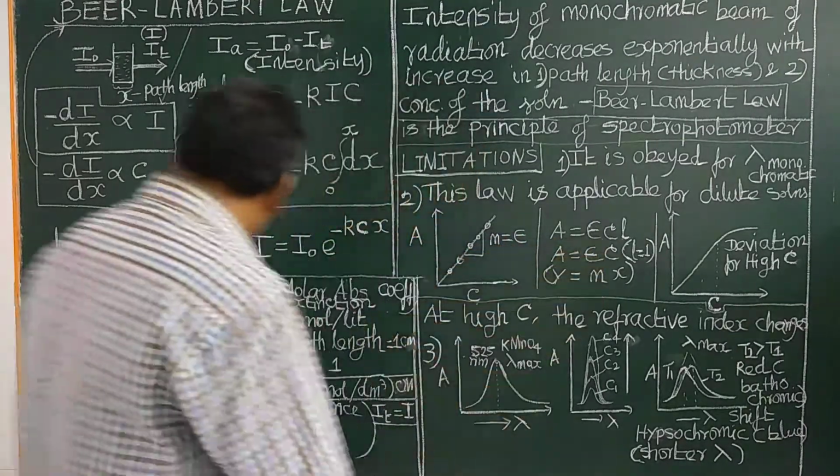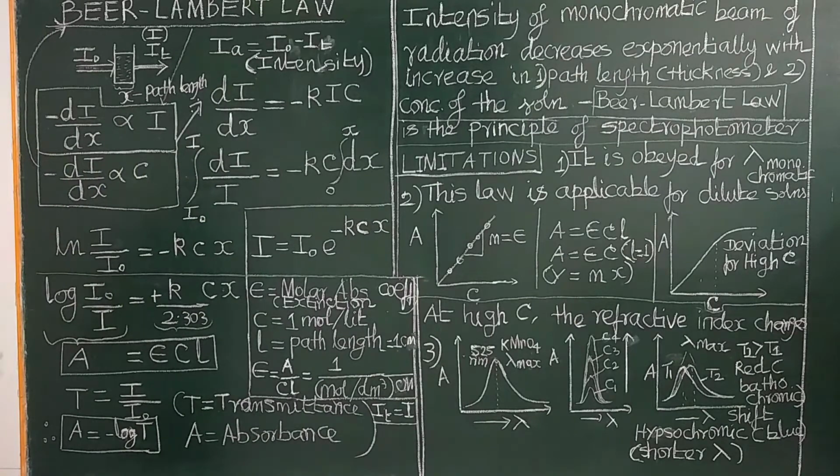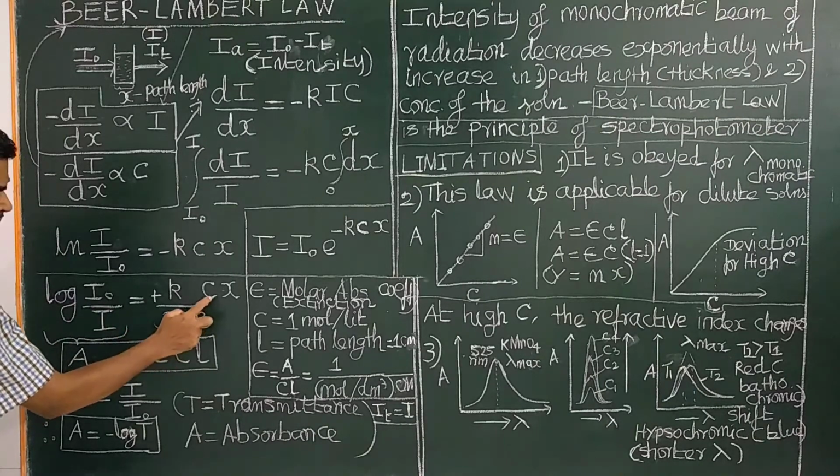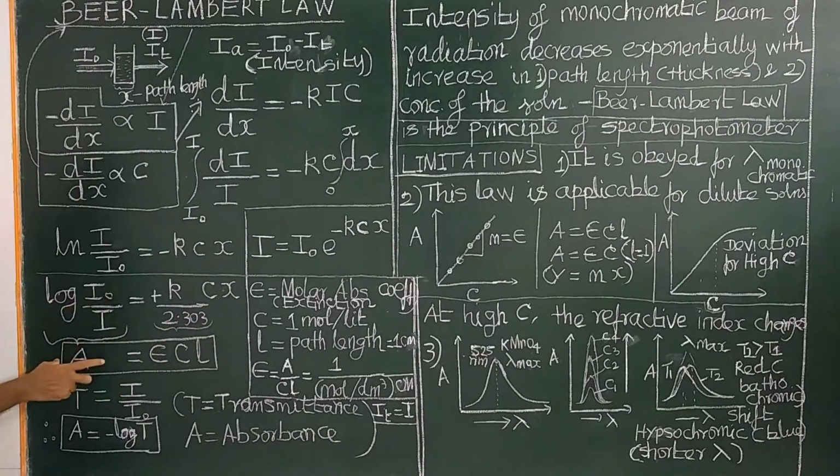Absorbance equal to, we have seen. Next, log, this log I am taking is log to the base 10. This is natural logarithm; log to the base 10, therefore 2.303, and I am taking it here, therefore log I0 by I equal to plus K, 2.303 will come here, Cx, therefore this is absorbance, and this constant is called epsilon, and